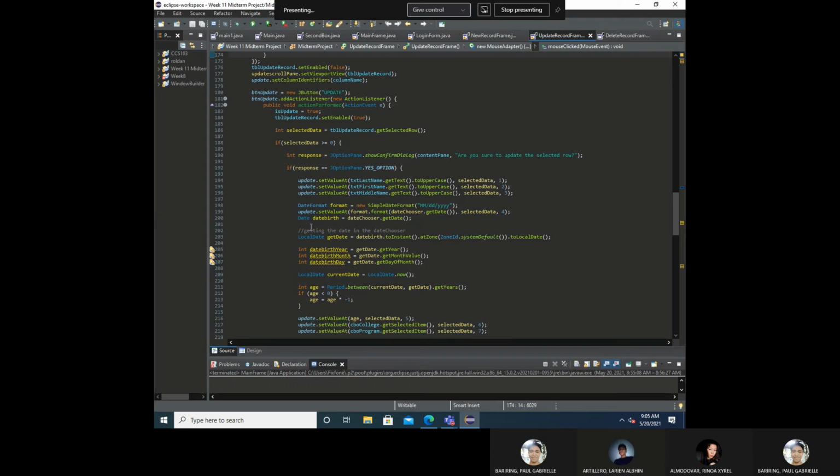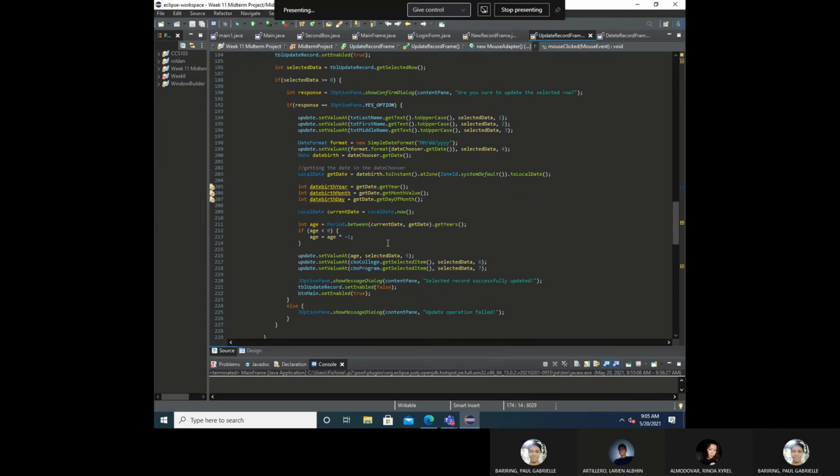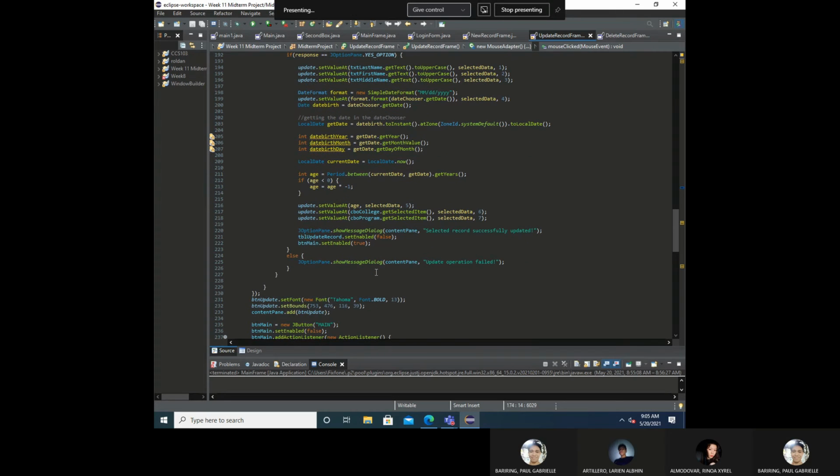Here in is update equals true is to set the update button true and the table update record will set as true. The selected row in the J table will get selected row. If the selected row is greater than equals to 0, J option pane that says are you sure to update the selected row will pop up,